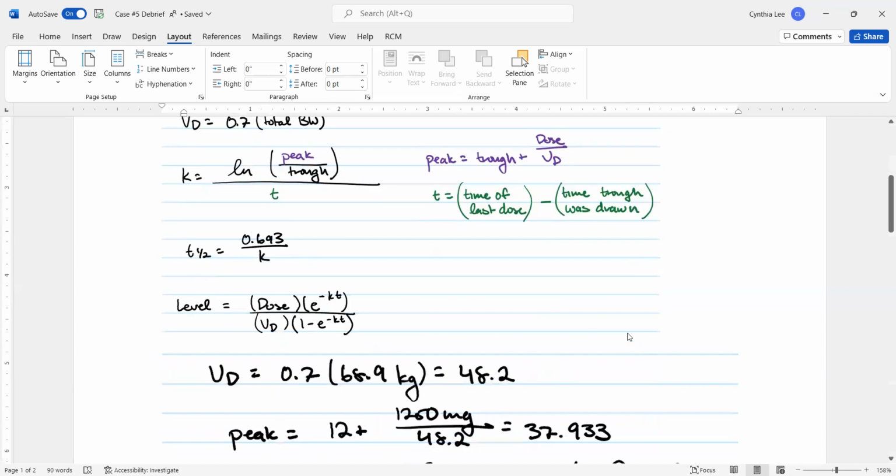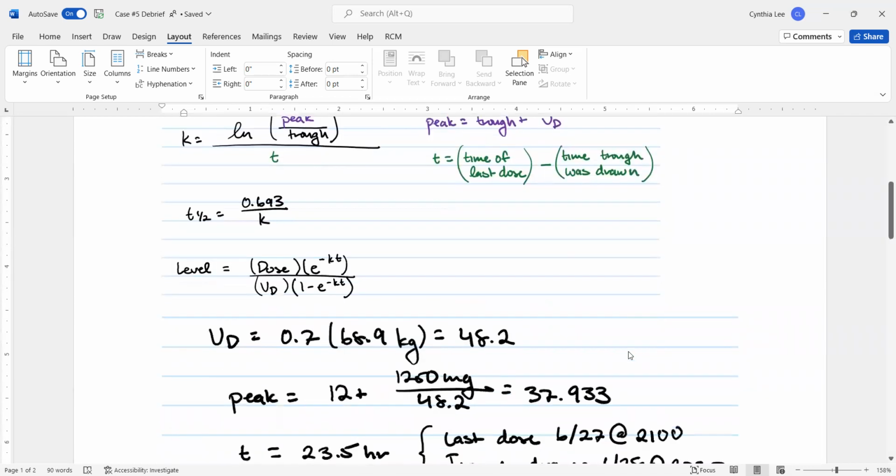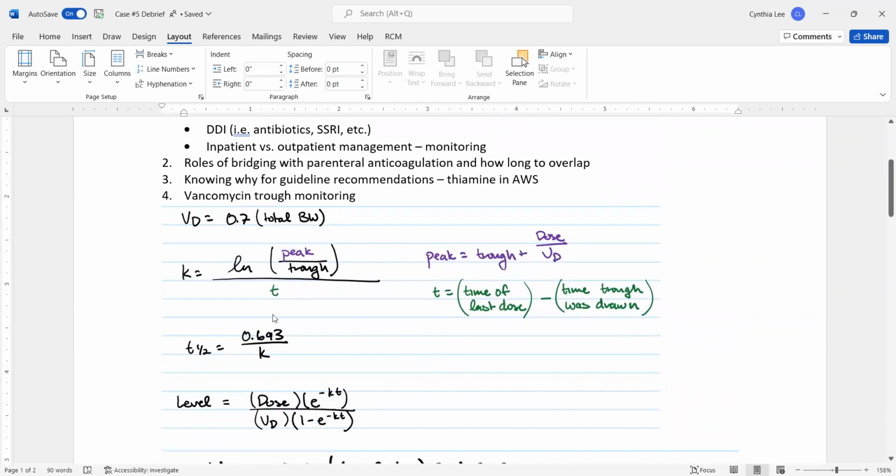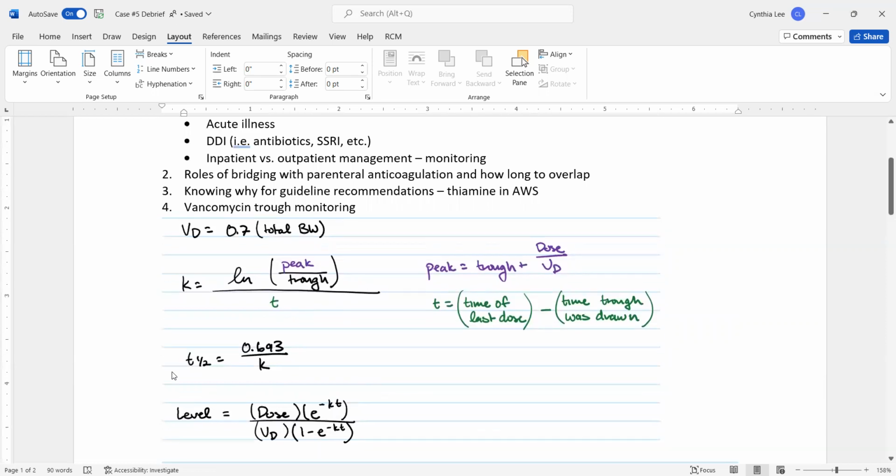So this is the equation for trough that you should know. Have this in your pocket guide, or take a picture or a screenshot of it, in case you need to do trough monitoring one day. These are all the equations that you will need to either do initial dosing, or if you have levels coming up, then you would plug them in